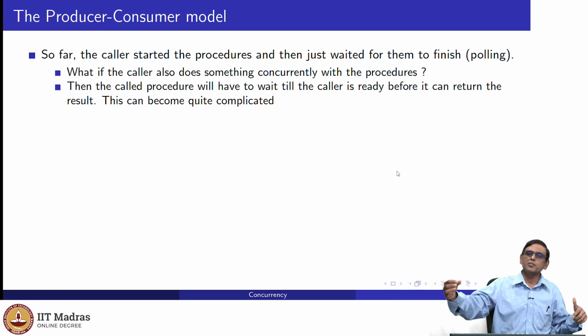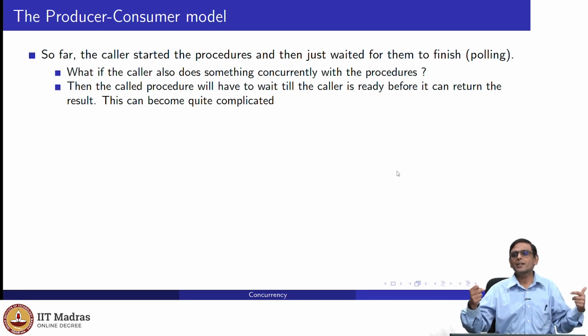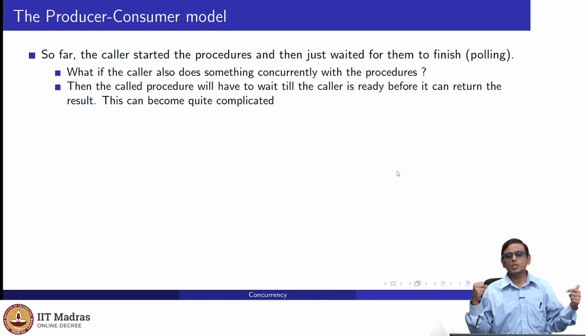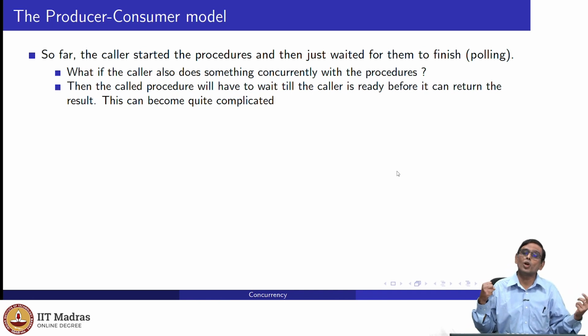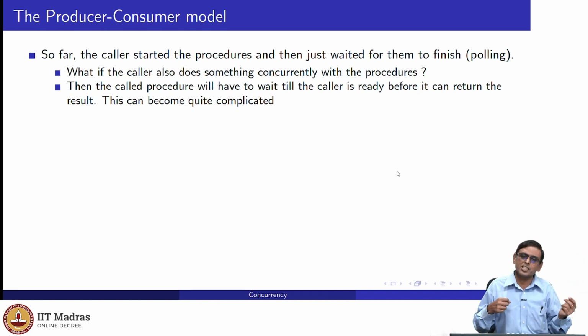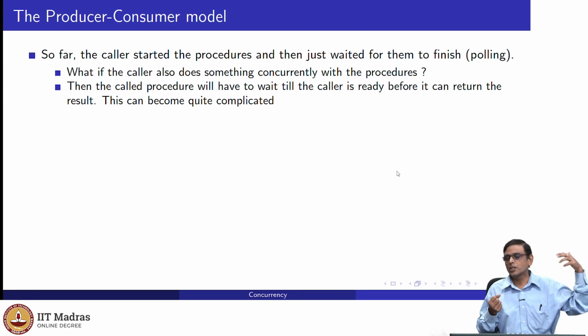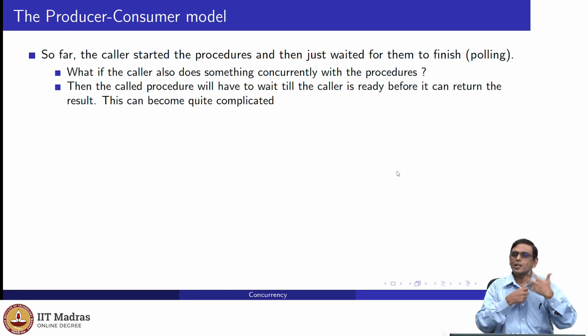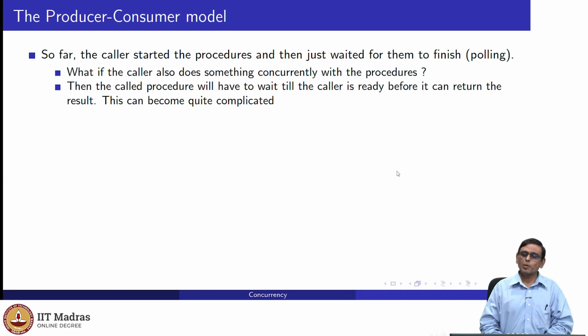Now the math teacher, when it finishes, publishes ready, and it has got its result, but this result it has to hold indefinitely because it doesn't know when the caller is going to call. In the earlier case, in the case of polling, I know that the minute I put ready, that guy is just waiting for me to become ready, so as soon as I become ready, he will take my result. But now I don't know. Should I just keep holding this result? Should I just prevent other people from calling me till I have passed on the result? What should I do? So this is quite complicated.